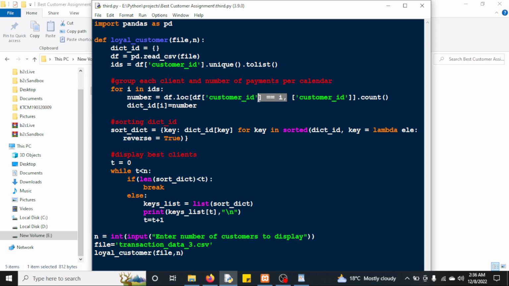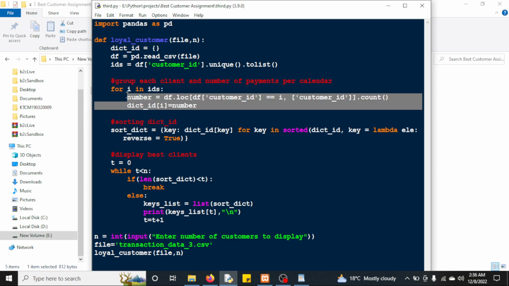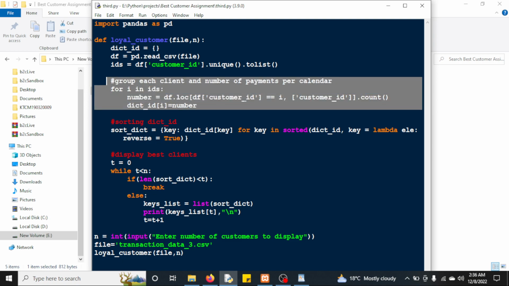If the customer exists, I add the customer to the count. So I'm counting the number of times that the customer payment has appeared in that list. Then I add the number to the dictionary of IDs. For example, if it's account 001, you'll say account 001 has appeared 5 times, something like that. That is what the code is doing.